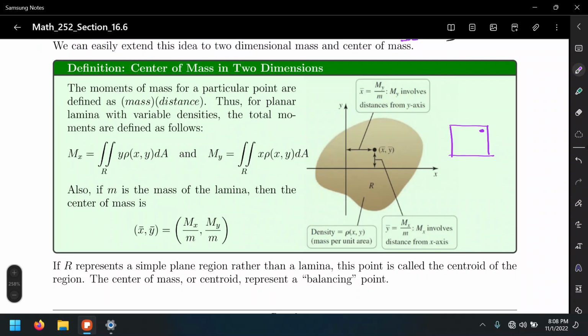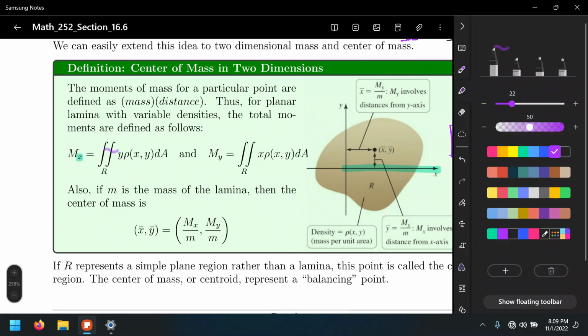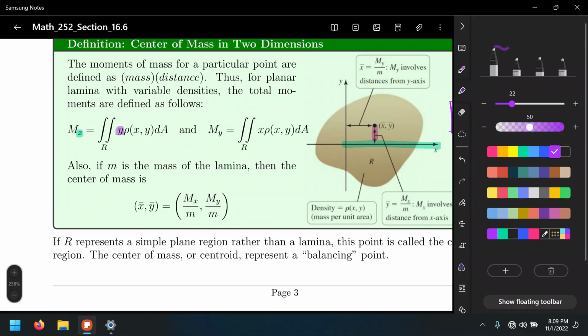So number one, to find the moment of inertia in the x direction, check this out, be careful. That moment of inertia with respect to x, that means along the x-axis, involves this vertical distance. In a similar way, when we found solids of revolution, when we have the top function and the lower function, when we rotated about an x-axis, that involved a vertical distance between the x-axis or the axis of rotation and any point in the function, right? In the same way,